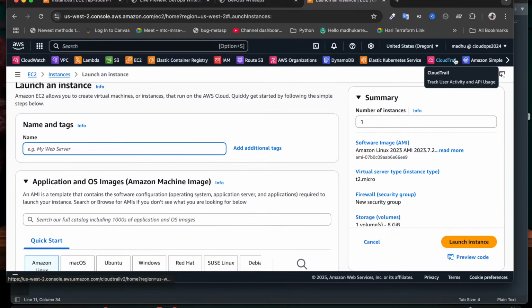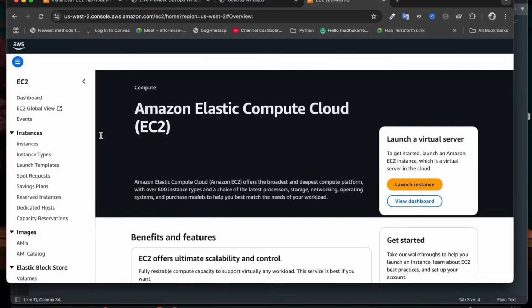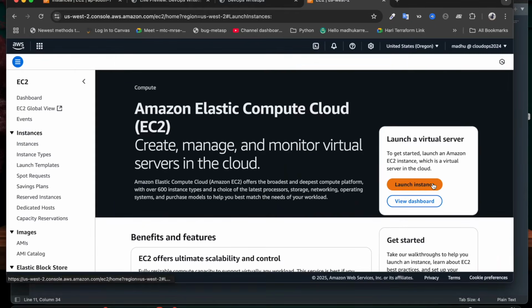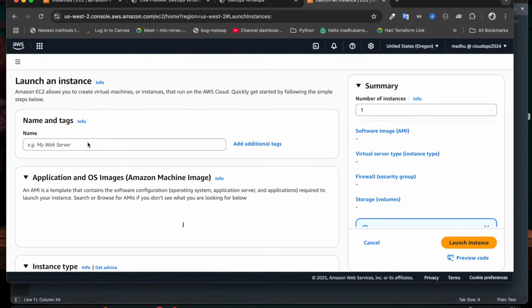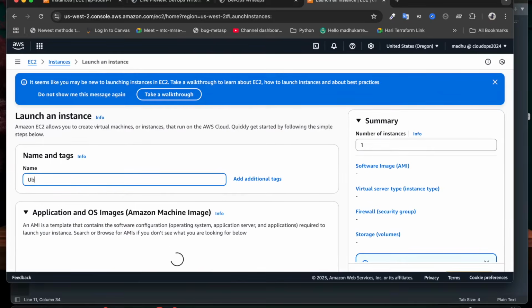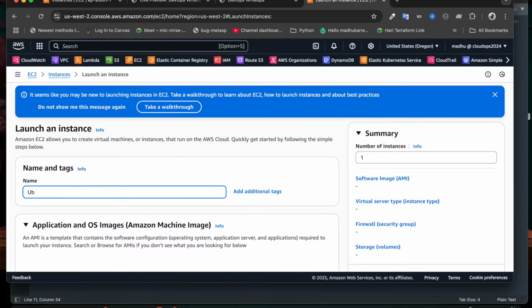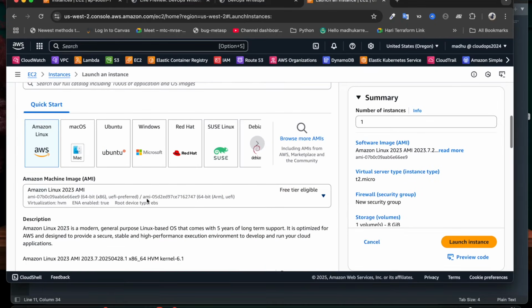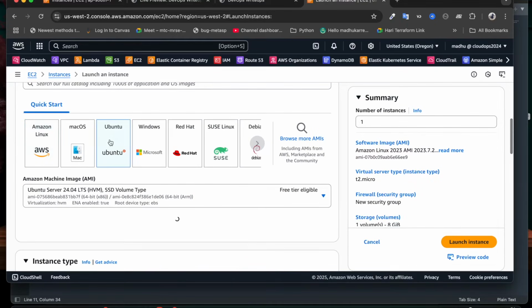Once you sign up on AWS, you can go to EC2 and launch instance. Give it a name. Linux has different flavors, but in this case we are going to use Ubuntu. I'm going to say Ubuntu practice; you can name it anything, and then choose Ubuntu.